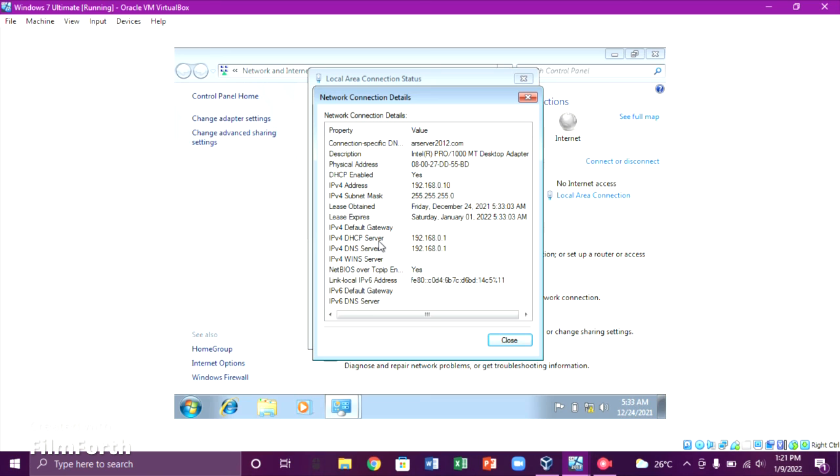And as you can see, our DHCP server is 192.168.0.1, which is the same as our DNS server. And that's how you set up a